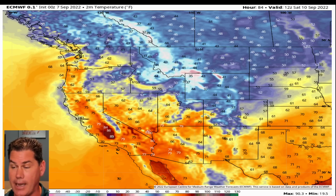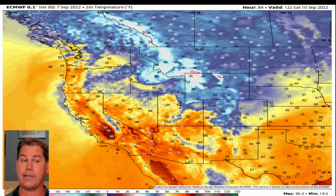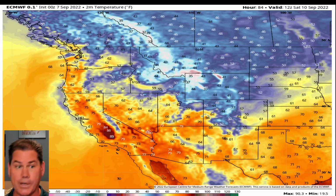Going to be bringing some heavier rains, but in the wake of that colder air, you can see by Saturday morning, it's a quick turnaround, right? I mean, it's 103 degrees today in Billings, Montana. By Friday, the high temperature is 61. That's a 40-degree plunge in temperatures, and that's going to continue to fall into Saturday morning,